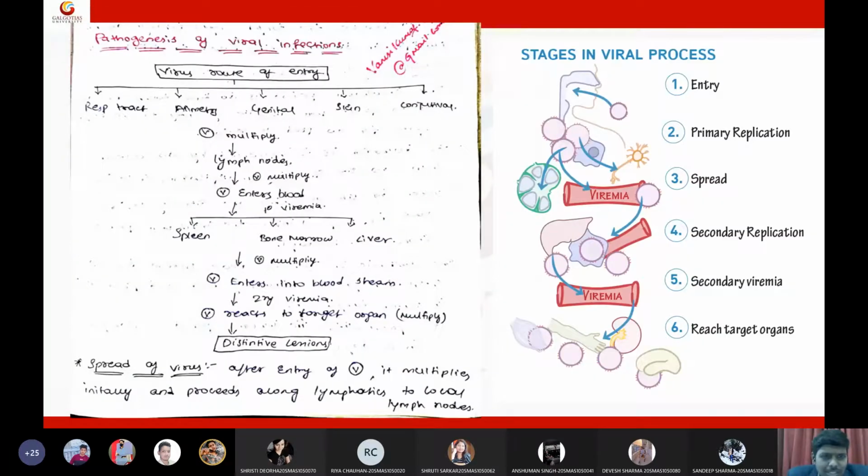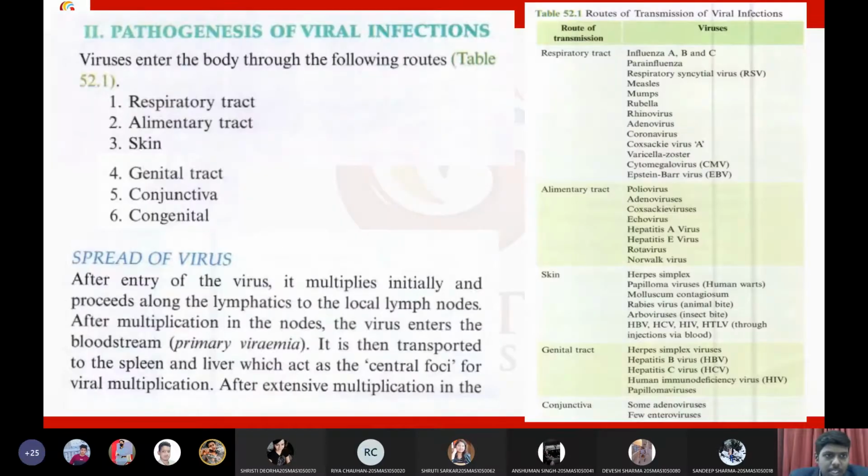Same pathogenesis, students. In the textbook, they have given almost 3 pages of information. I summarized it into this flow chart, but in the textbook they have given detailed information, like which viruses will spread through the respiratory tract, the viruses that will spread through the alimentary tract, viruses that spread by genital skin, conjunctiva. So they have classified individual viruses with individual routes. Okay, so for example,